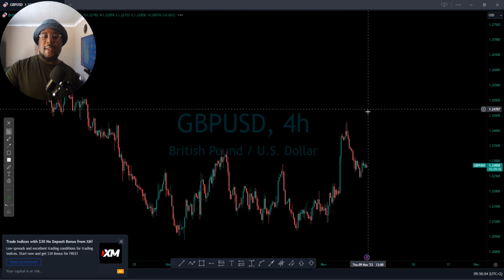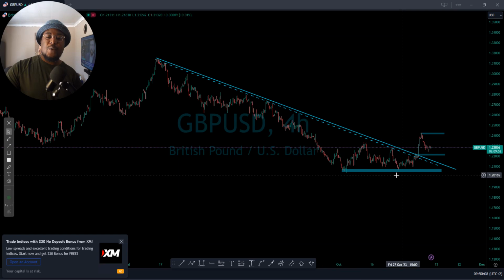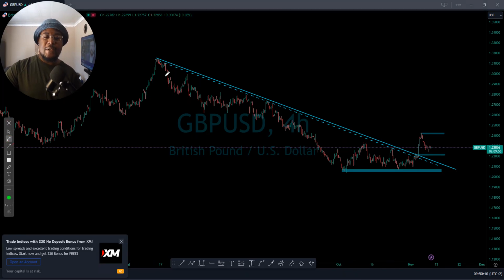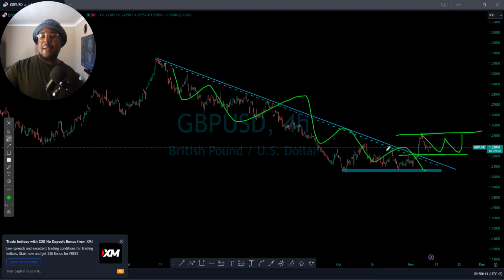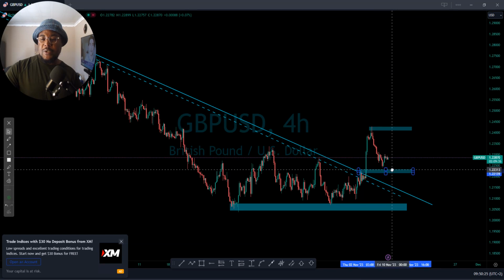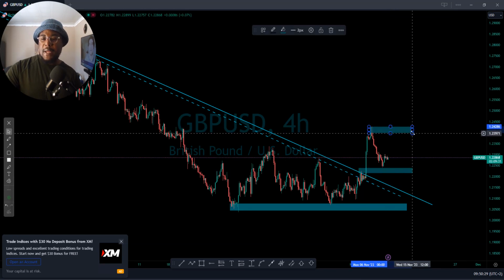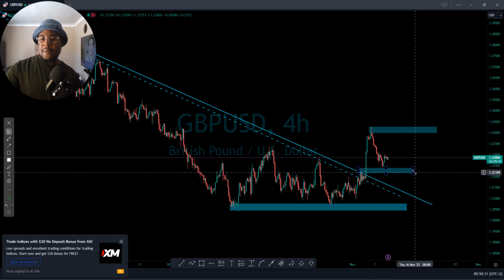So let's go to the next one. GBP/USD, quite straightforward. The market was on a downtrend, then broke out. Now I think the market is going to retest, but I think it already did that. Now the market has to continue pushing to the upside. I think the market did that, so I think we can just do something like this.